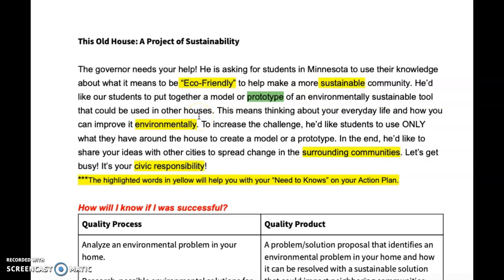And you cannot complete this task without knowing what these very important highlighted words are in yellow: eco-friendly, sustainable, environmentally, surrounding communities, and civic responsibility. Now we'll get to these highlighted words, but I wanted you to be aware that they're on the performance task, and that we will come back to this performance task, to these highlighted words. If you forget, I reminded you here, the highlighted words in yellow will help you with your need to knows